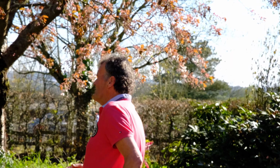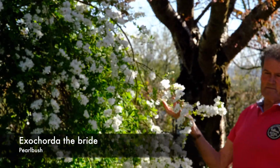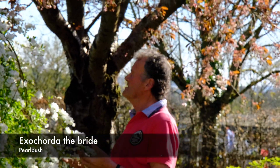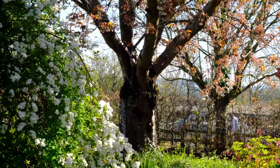And this here now is in full flower at the moment. It's lovely scented as well. That's Exochorda The Bride, a lovely plant, very subtle, lovely massive white flowers. And look at the canopy behind us here. We have